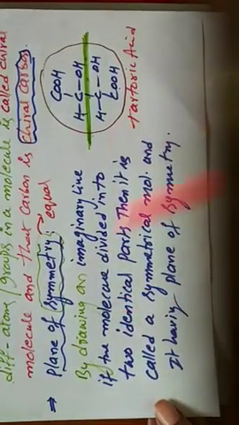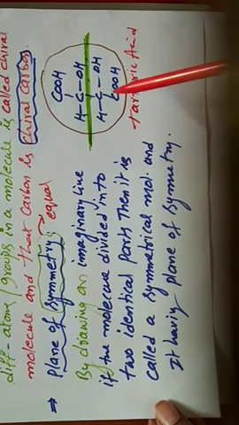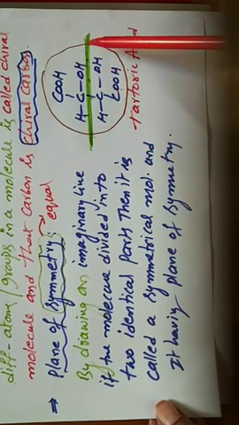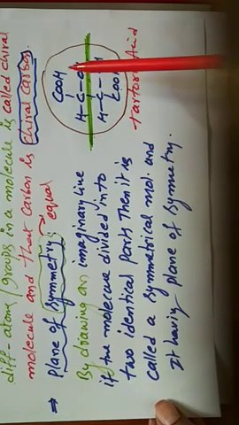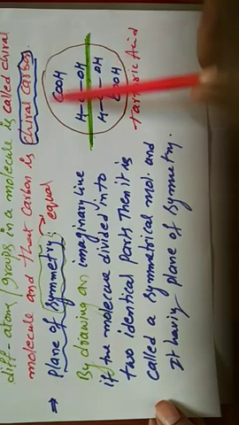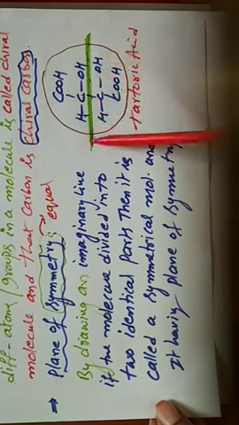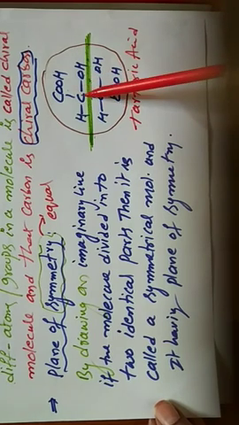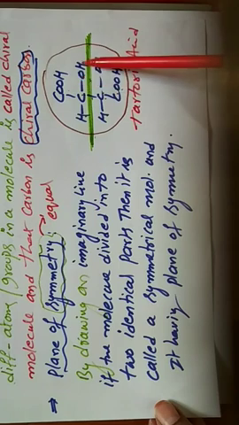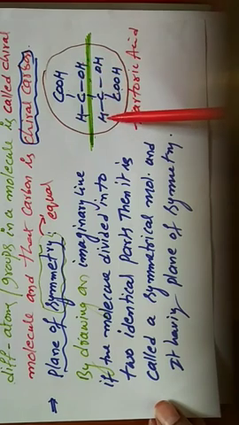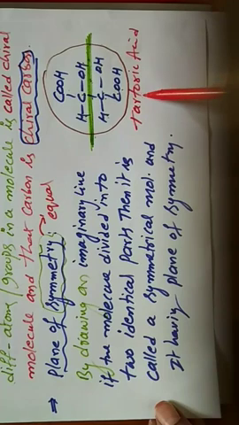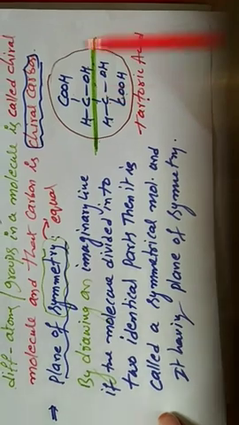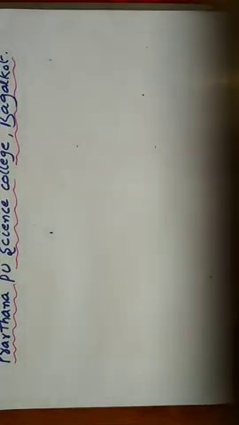Okay, next, plane of symmetry. Plane of symmetry means in this molecule we can draw an imaginary line in any direction, and if that plane divides the molecule into 2 equal parts. This is the tartaric acid molecule. In this molecule we can draw an imaginary line here. So we get 2 identical parts: carbon, carbon, COOH, COOH, this side OH, this side OH, here hydrogen, hydrogen. So that's why this tartaric acid molecule exhibits the plane of symmetry property. Up to this, we discussed in the last class.